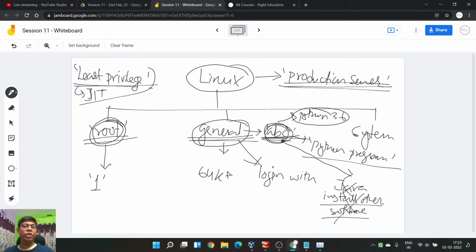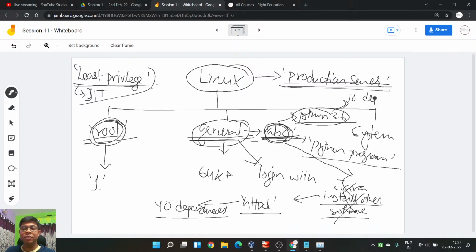Maybe he doesn't have so much knowledge of all the packages, or let's say he tried to install one package. Just for example, let's say he tried to install HTTPD. Now HTTPD has, let's say, 10 dependencies. As soon as he installed HTTPD, those 10 dependencies were installed, and there might be a situation where Python needs its own 10 dependencies, and some of them conflict with these dependencies.